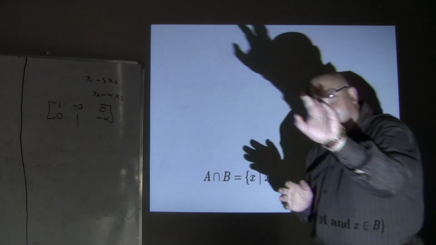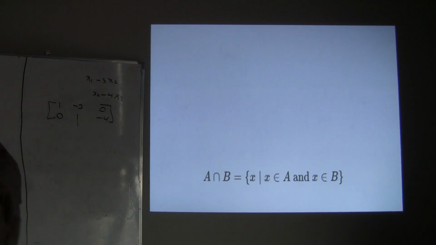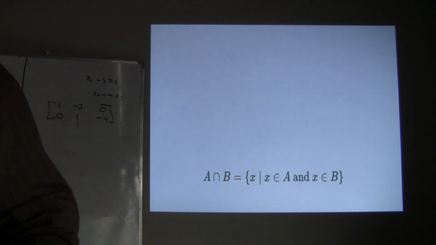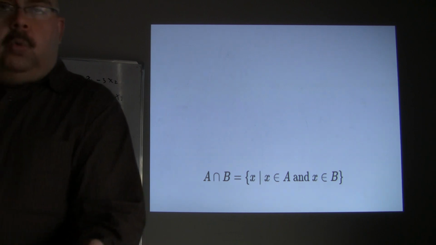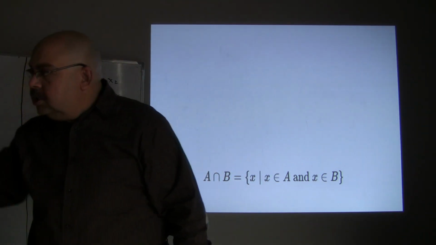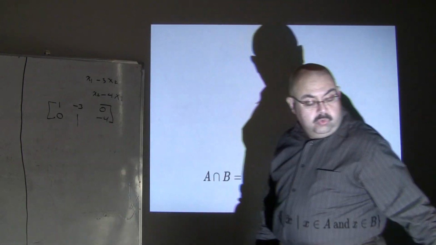Of course, the set that belongs to two subvector spaces will at least contain the origin. Any subvector space must contain the origin. So this subvector space has the origin, and this subvector space has the origin. Once you get their intersection, at least you will have the origin. This is why it's a subvector space. Okay? So once more,